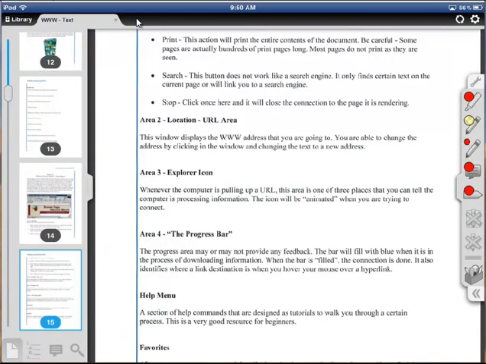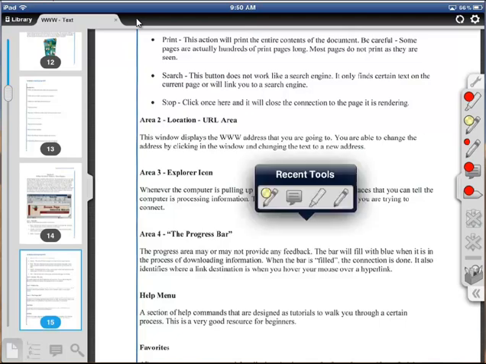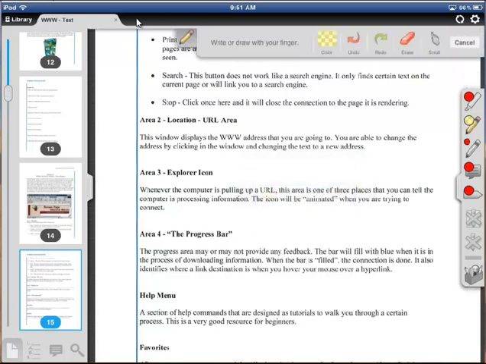Now, the last context menu I'd like to show you would be the recent tools, and you'll find this to be useful too, to be able to pull up the tools that you use most of the time. So if I double click anywhere on the page, you're going to get a recent tool palette, which will pull up. For this particular case, I've got some highlighting tools that I've used already, as well as an annotation paragraph or a notes paragraph that I've used at some point. This will change in terms of how often you use certain tools, but basically you grab an annotation tool, a highlighting tool, and you can highlight. I'll cover this in depth a little bit better